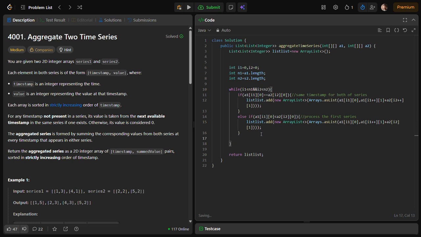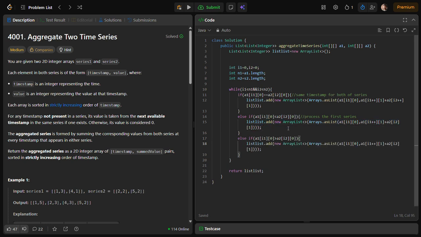Okay, and the last condition, for the cleanliness I am writing this, or you can just simply write else because only three conditions are possible. So this might also be possible. In that case, a similar syntax.